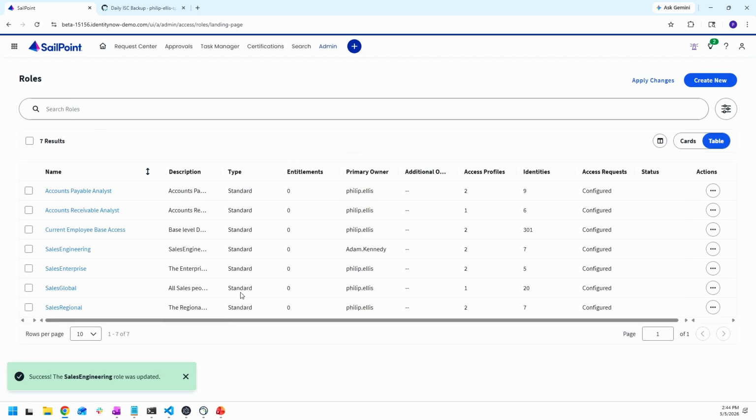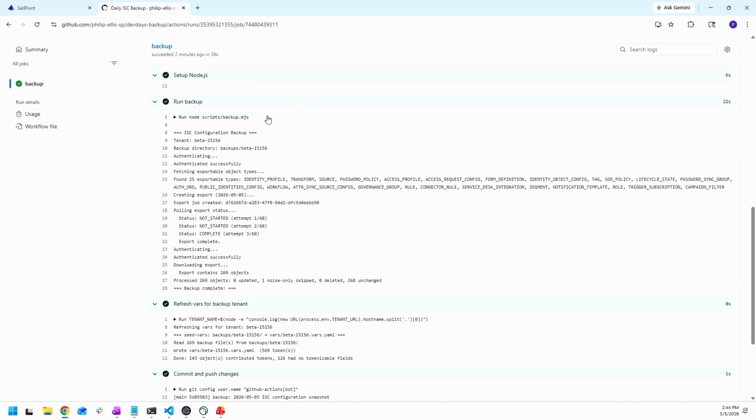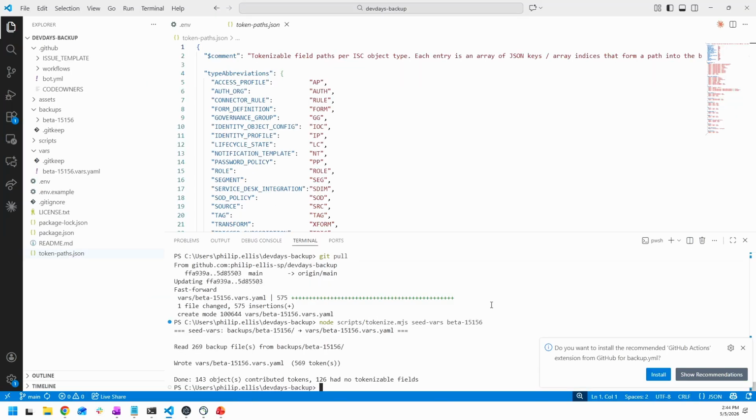And now we've made a change to our configuration. Our source owner has been changed. So we should expect something to happen now if we run a backup. So let me do it. I'm going to do that here now, okay? Doesn't really matter where I do it, but